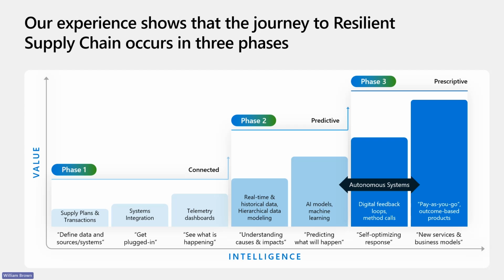But if you're getting to phase 3 and you're finding that, wow, this is hard, or we're not getting the answers we want out of it, the solution is not more AI, it's better data. It's better integrated data. It's going back to phase 2 and laying a good solid data foundation. So this is a journey about moving in that direction. And even if you never get to autonomous systems, you can add a lot of value to what you're doing here simply by getting into a mature phase 2